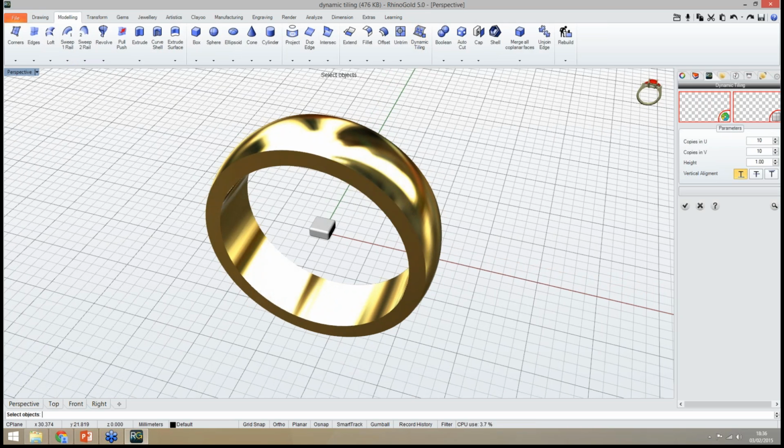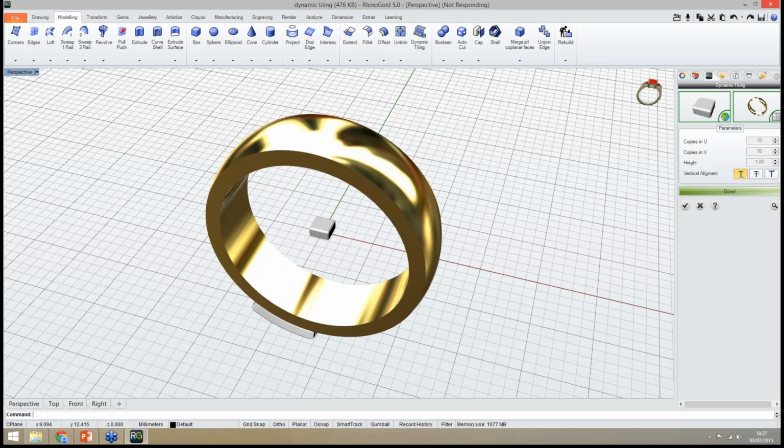First, I select the object to copy, in this case this box. Then I select the surface where I want to copy this object. It is calculating the results. Of course, I can change the parameters.